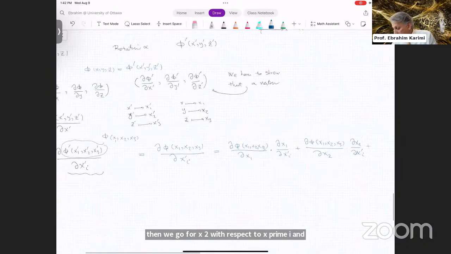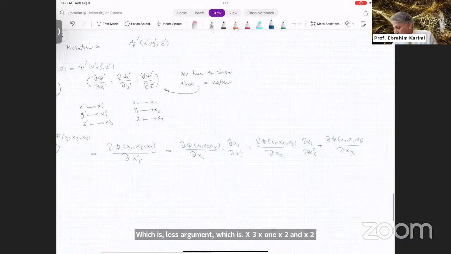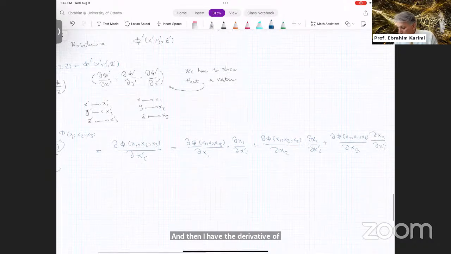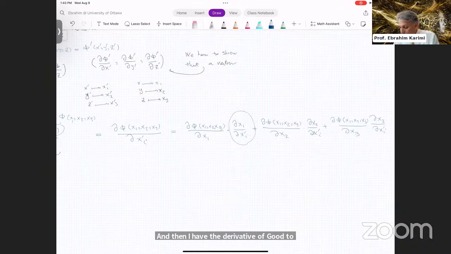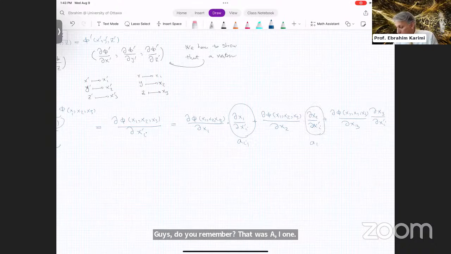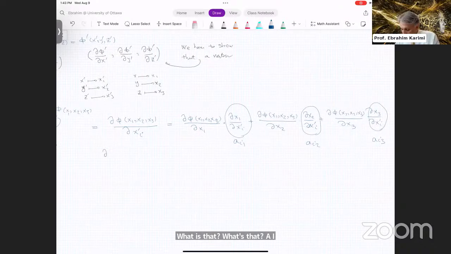And the same for the last argument, which is x3: the derivative with respect to x3, and then the derivative of x3 with respect to x prime i. What is that, guys? Do you remember? That was A i1. What is that? A i2. What is that? A i3. So indeed, the derivative of phi prime with respect to x prime i is equal to